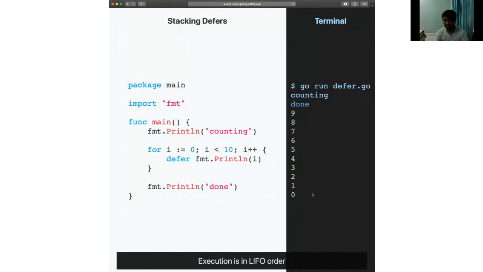The way it works is defer has a stack, and it executes everything in last in first out order. So whatever defer was at the end gets executed first. defer fmt.Println 9 was the last statement attached to defer, so that's the one that's executed first.